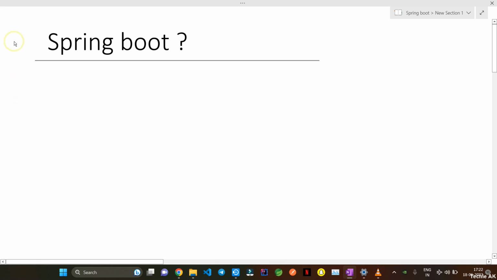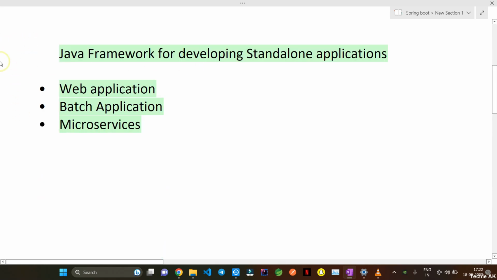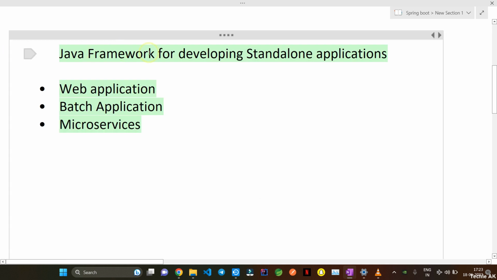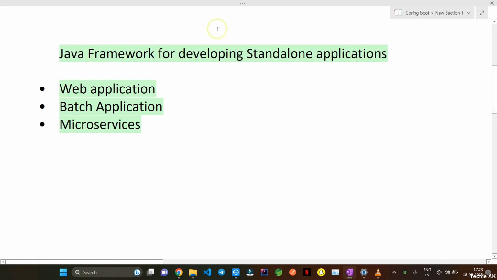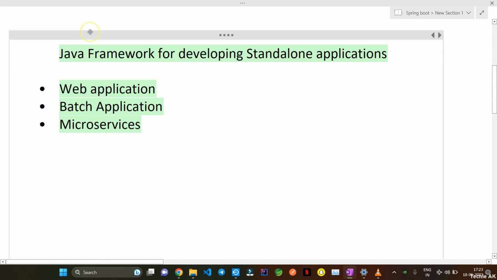In this video we'll be learning about Spring Boot. So what is Spring Boot? Spring Boot is a Java framework for developing enterprise standalone applications. By that I mean we can use Spring Boot to develop complex web applications. We can collaborate with Angular, React and many other front ends, and then we can develop web apps, and then